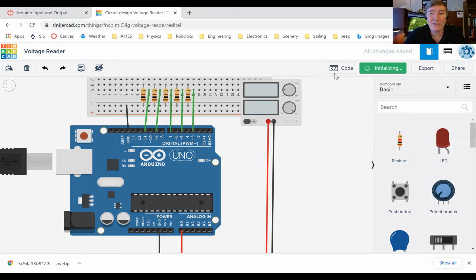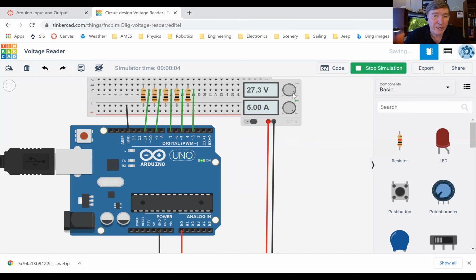So if I start my simulation going with my power supply, if I wanted to, I could crank this baby all the way up to 30 volts. So if this was a real Arduino and I had 30 volts plugged into my input there, then I would for sure destroy that Arduino. But it's a software Arduino. That's all right. We'll just restart the software and we get a new life going on our Arduino. Okay. So now,